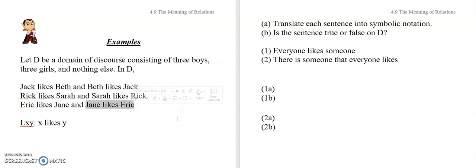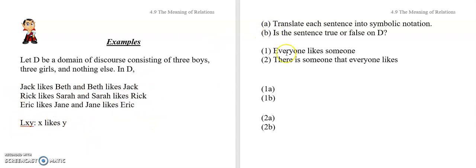So they're all sort of paired up, and nobody likes anybody else. Nobody likes themselves. The only liking going on is this, and if it's not listed here, then they do not like that person, okay? So we've got a pretty simple little soap opera going on here where we've got 3 girls, 3 boys, and there's these perfect symmetric liking relations going on, and we got L likes Y, X likes Y, okay?